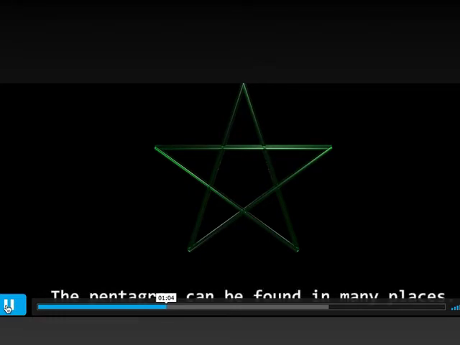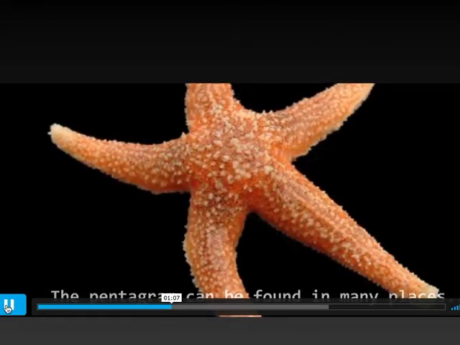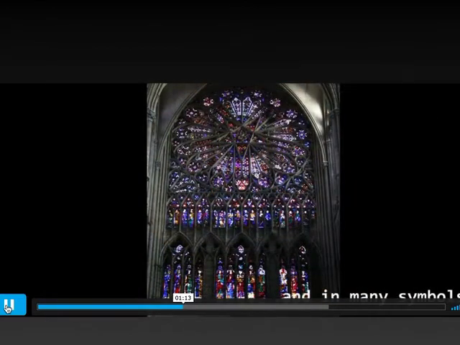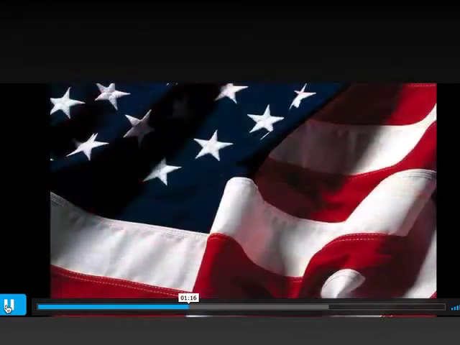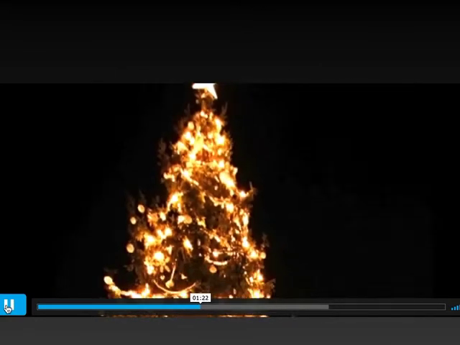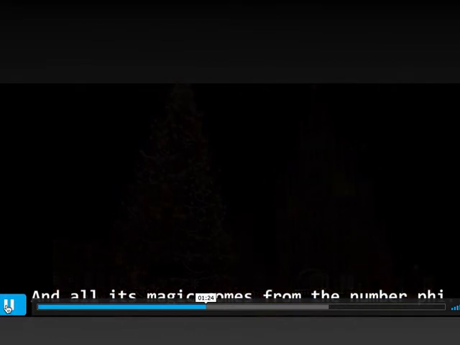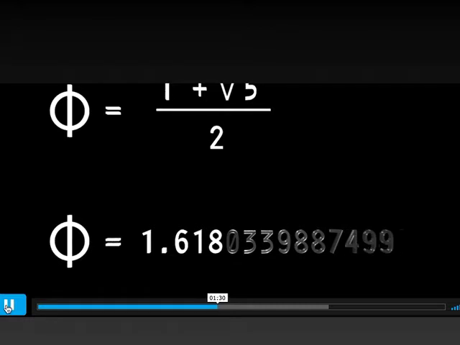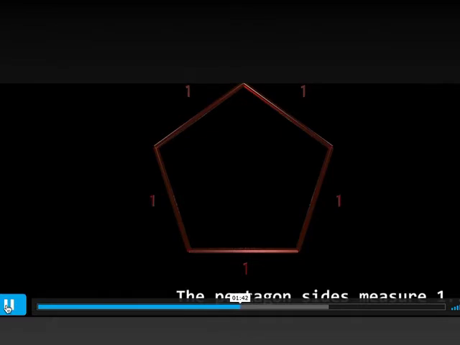The pentagram can be found in many places, and in many symbols. And all its magic comes from the number 5. The pentagon sides measure 1. And the star sides measure